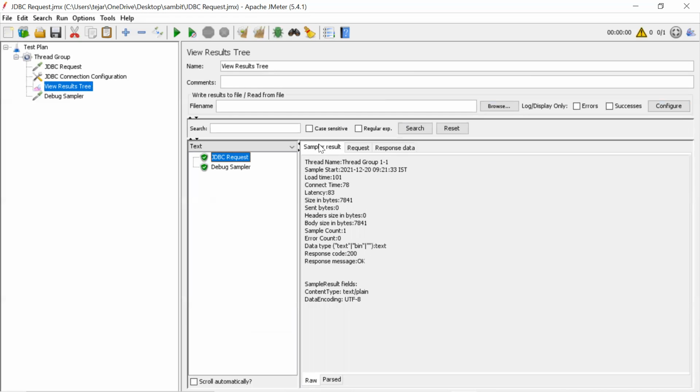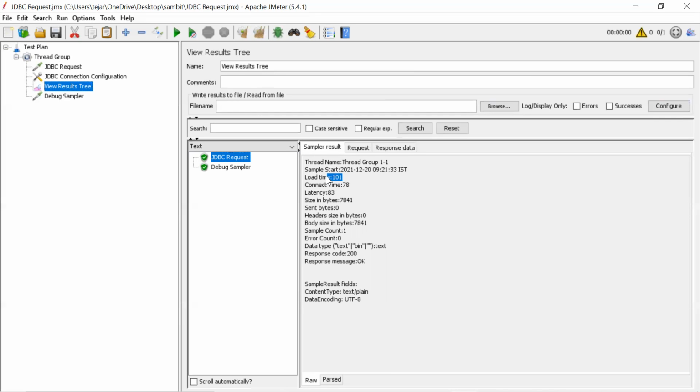But here we can only simulate the load, so we get only the response time. Other things we have to check from the DB, like how many logs are getting created, and how many tables or views are getting created.